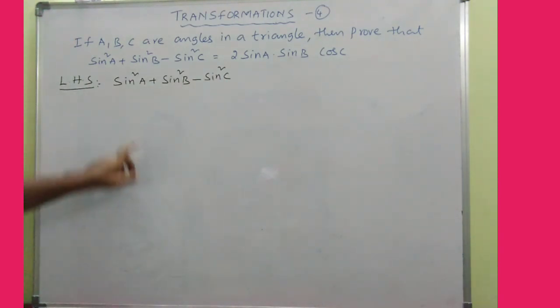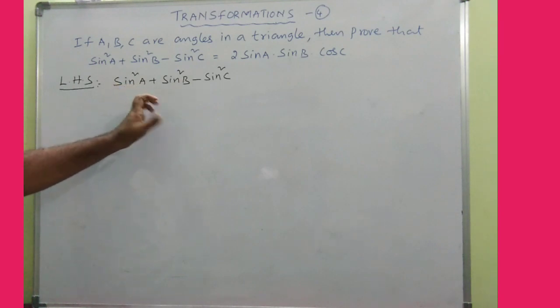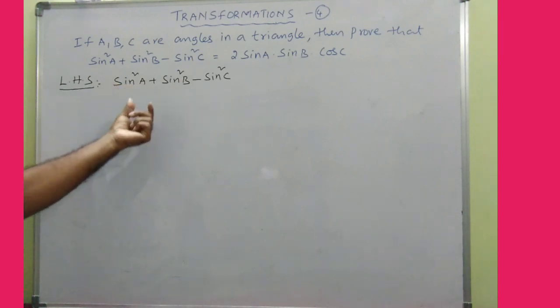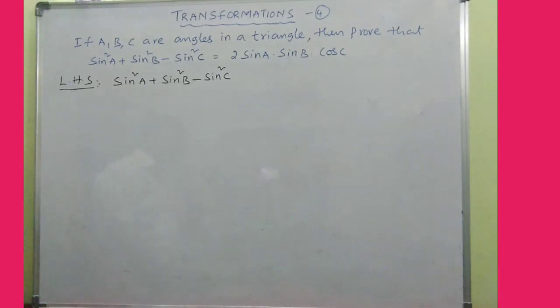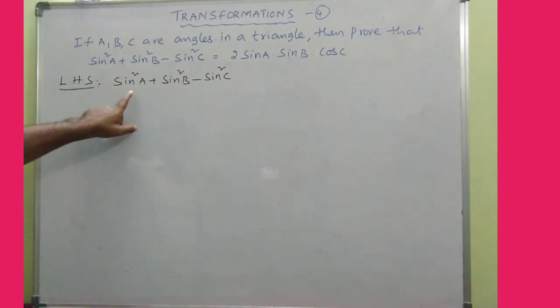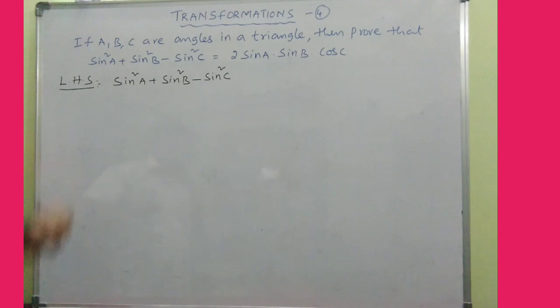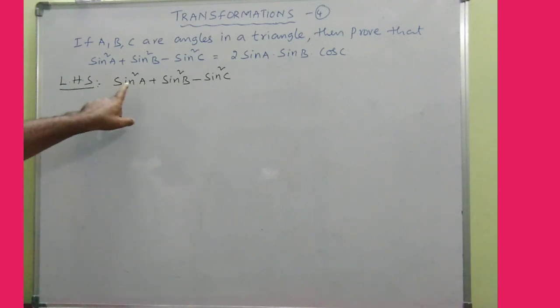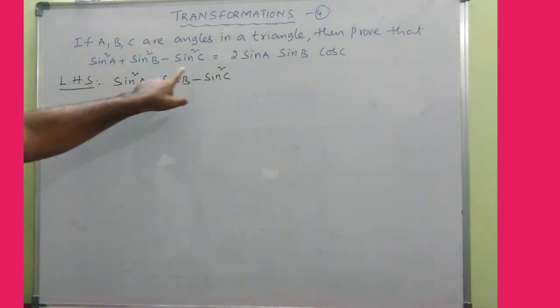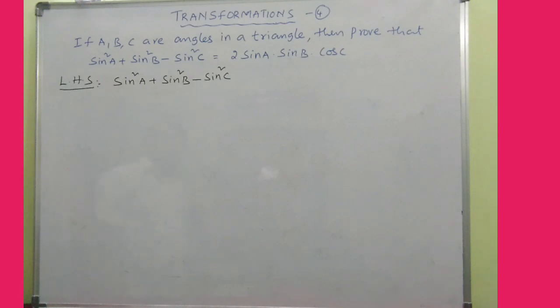Right? So see, earlier we dealt with sine 2A plus sine 2B plus sine 2C, or maybe sine A plus sine B plus sine C, isn't it? So we have not discussed the problems involving squares. See, right now here these are the things with the squares. So what to do and how can we solve?